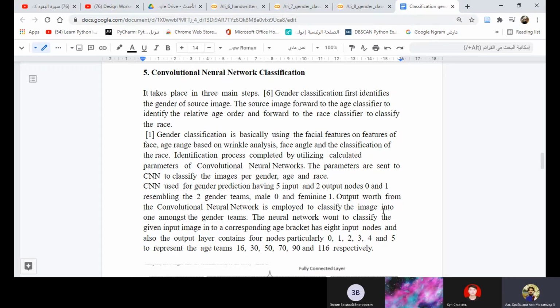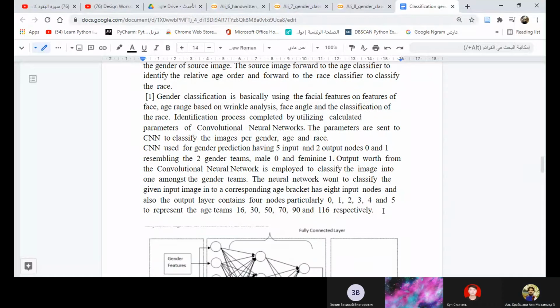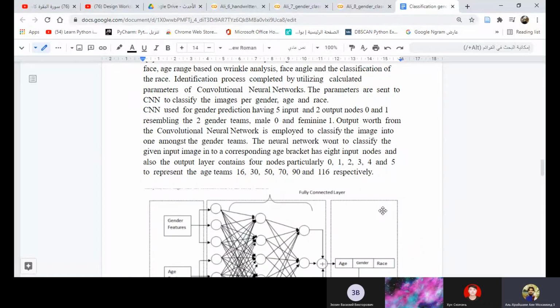CNN used for gender prediction has 5 input and 2 output nodes, 0 and 1, revealing the two genders: male 0 and female 1.